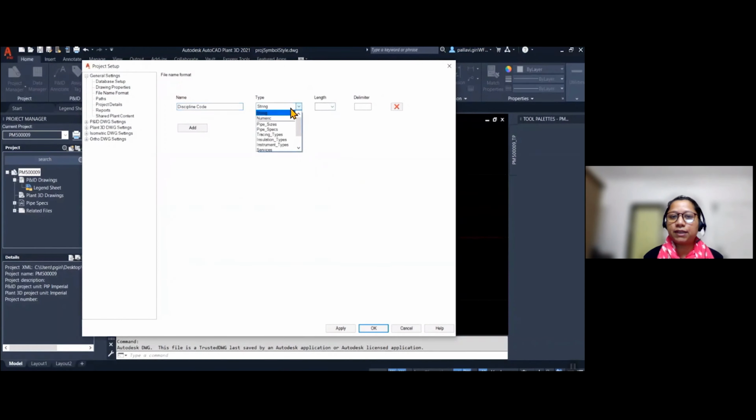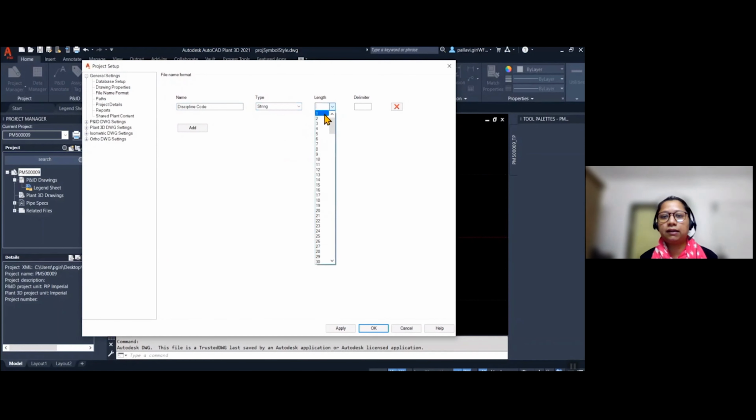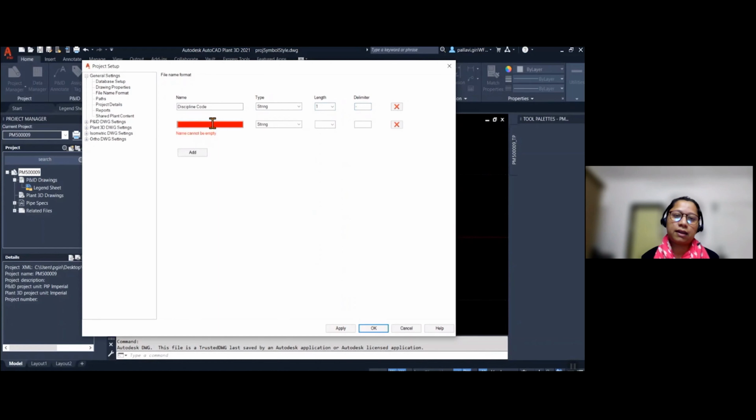The type I am selecting is string, because the discipline code will be like I for instrumentation, M for mechanical, and I'm selecting length 1. Also, I'm adding the delimiter, and the second field is number, with the numeric type, and the length would be 2. So these are the two things I have added, and I'm applying those and clicking OK.